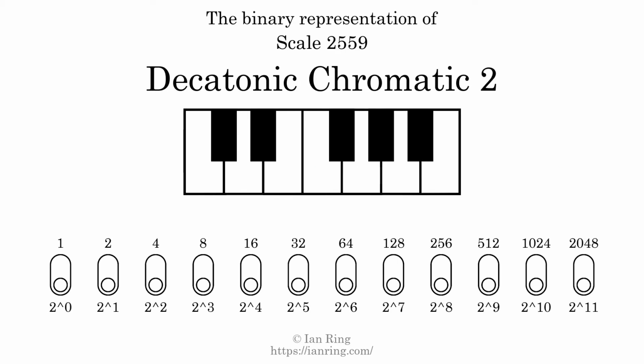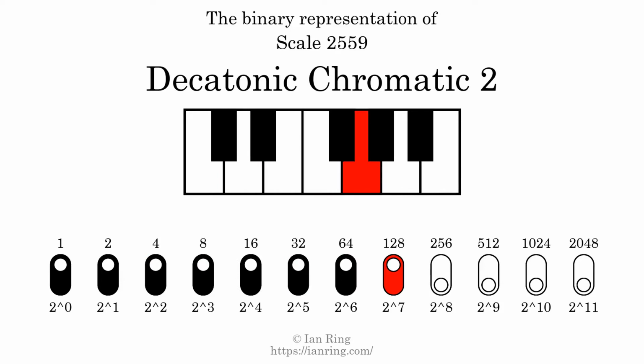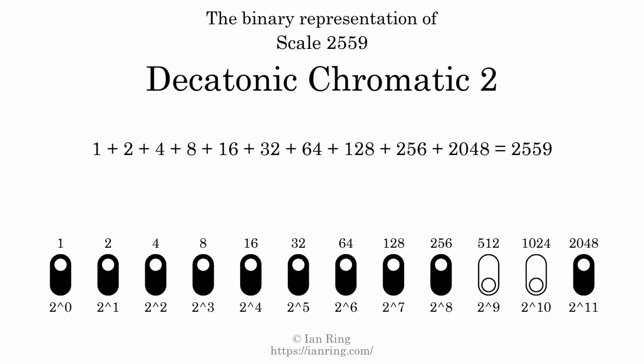The binary representation of this scale is determined by mapping tones of the scale to binary digits. Each binary digit represents a power of 2. To get the scale number, we add the powers of 2 together. The powers of 2 that are present in the scale, all added together, equals 2559. That is why the scale number, in decimal, is